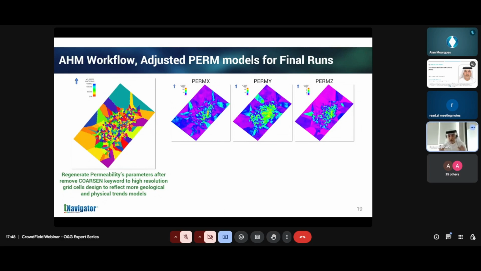What you do, you just use assisted history match until you come up with the best variables. And the variable tells you, okay, I need high permeability in the middle. I need high permeability in this area in the X direction. Maybe in the Y it could be slightly higher, something like that. But this is the shape of, let's say, only permeability at the moment, which gives me a good result. So I want to replicate it,